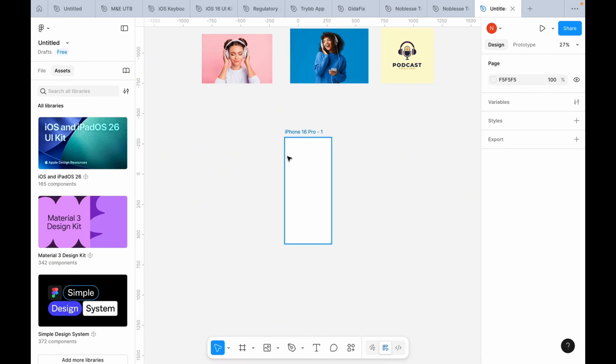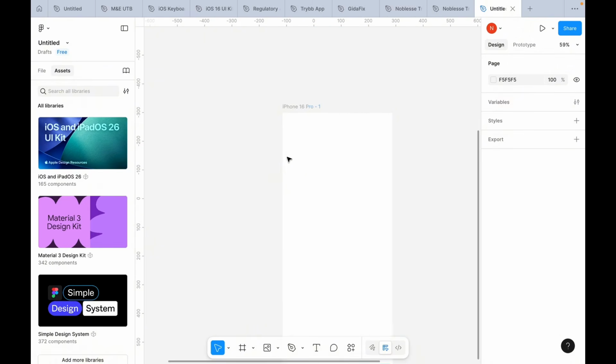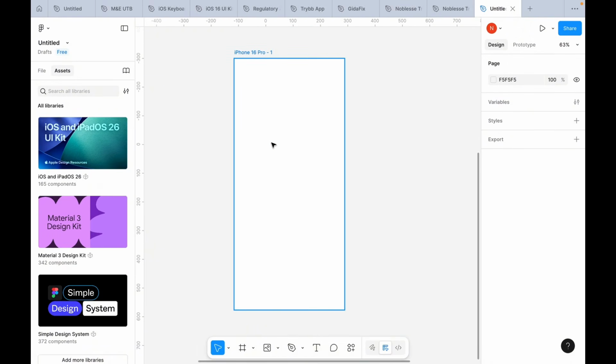Let's get started. So here I already have a mobile app screen for an iPhone. Now, since this is a mobile app and it's a podcast app, we're going to have to select the colors that we will use